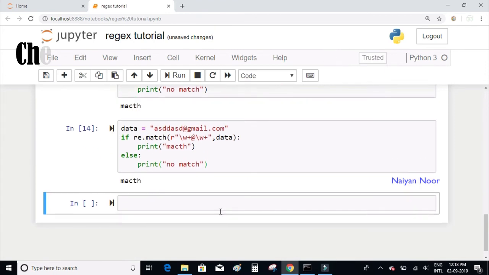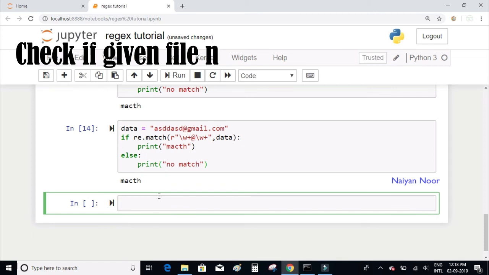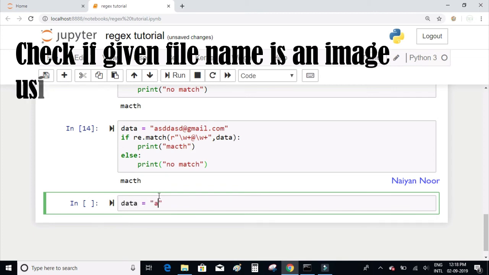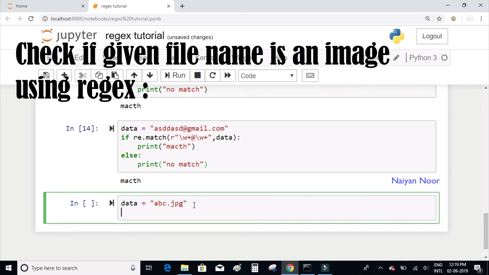Now let's try to do something else. Let's try to check if a file name is an image. For example, when I have a file name something like abc.jpg, we want to check if this file name is an image file name. There are other formats that can be images as well. We have JPEG, we have GIF, PNG. So we want to check for other conditions as well. So I'll write if re.match,